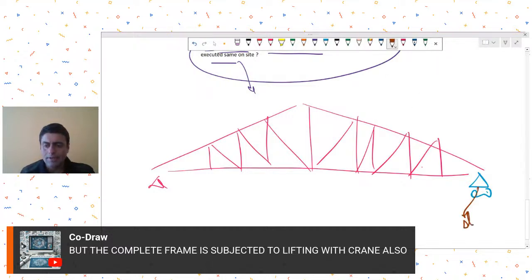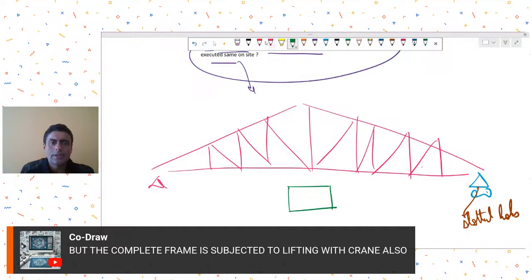By actual practice, we provide slotted holes, or you can go for an actual pin roller assembly if you can provide it. But providing actual rollers is very difficult in small projects, and it is difficult to fabricate and do the installation on site. So usually what we do is, if I show you the plan view of my base plate,